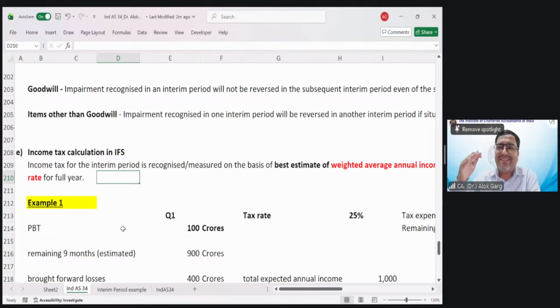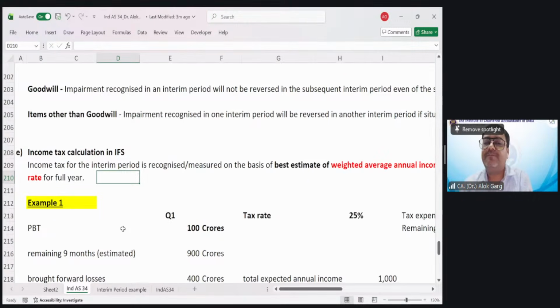Okay. Advance tax is what? It's more like you are paying a tax. When you are computing advance tax, you are not computing on a quarterly basis. You are taking the current period number for a quarter, for example, plus the 9-month forecasted number. You are computing advance tax on a full year, not on a quarter. How do you compute your advance tax? You are projecting your full year income, then applying 15%, 45%, 75%, 100%, whatever is the rate.